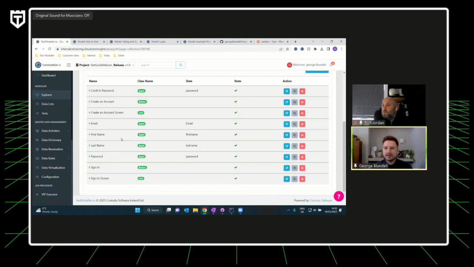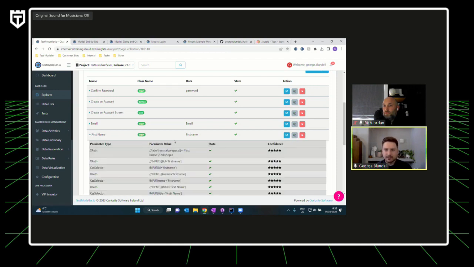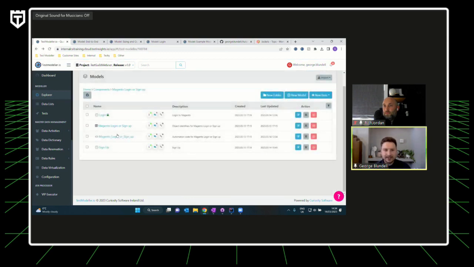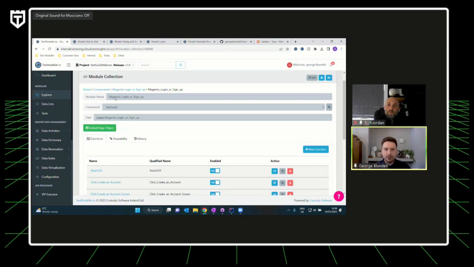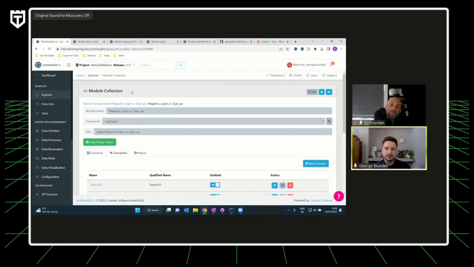Inside here, there are a series of page objects that we scan, not only with the first name or the class name, but also some of the identifiers underneath them as well. As part of that scanning process, we're picking up identifiers, whether it's XPath, CSS selectors, whether you need to use iframes, for example, or shadow DOM elements. Those are all configurable with that scanning process. And essentially now what we do is create a module collection from those objects.